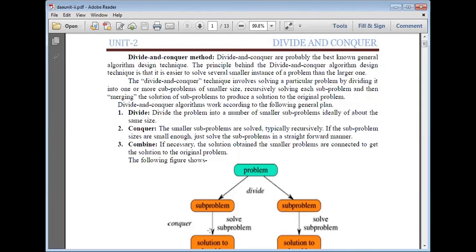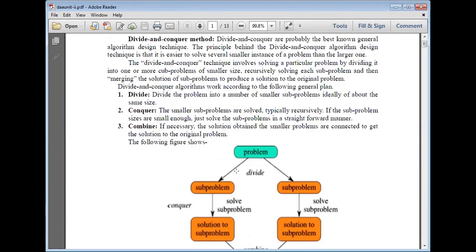If the subproblem sizes are small enough, just solve the subproblems in a straightforward manner. Now combine. If necessary, the solutions obtained for the smaller problems are combined to get the solution to the original problem.